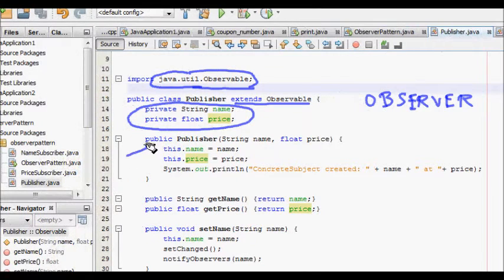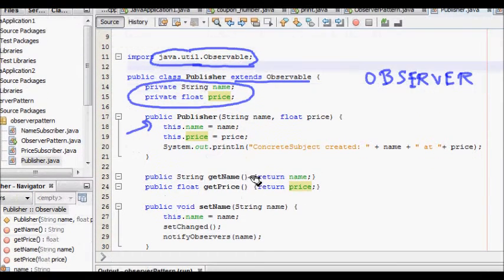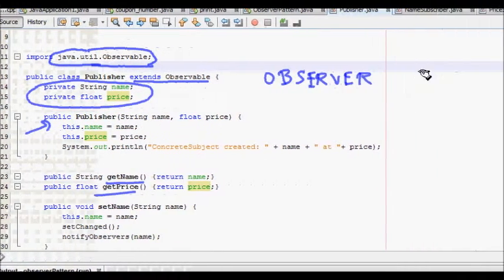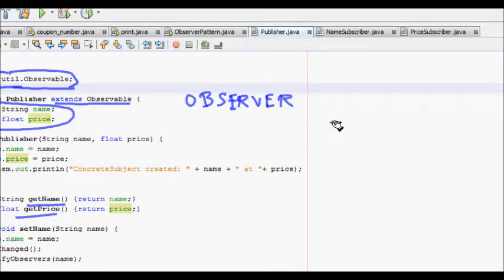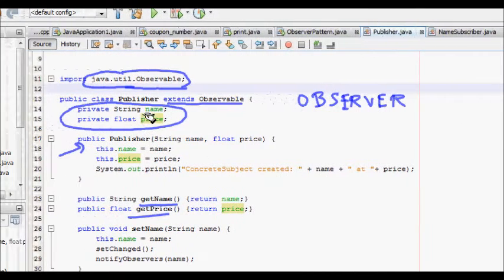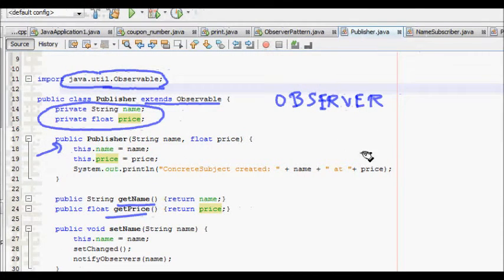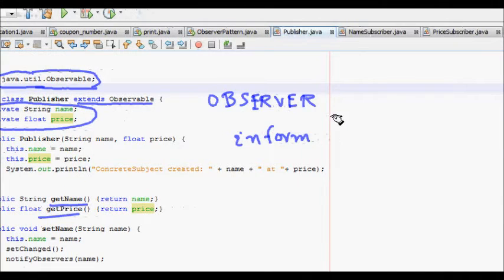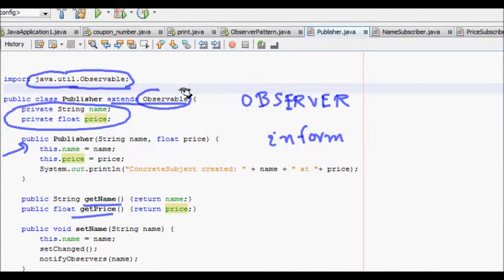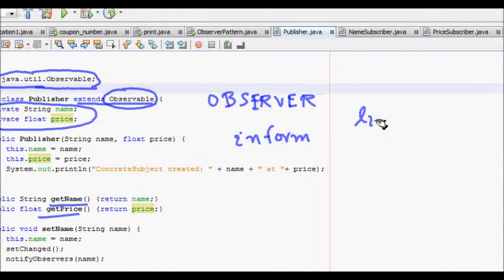What will happen now? This is the constructor. We create the publisher class and we have getName and getPrice. But in the observer pattern, whenever there is a change in these two attributes, we should inform all the observers.